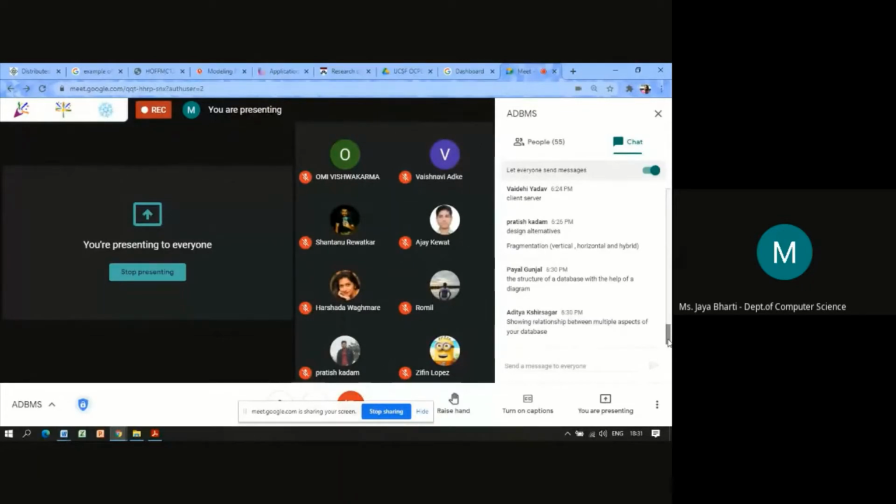So how did that diagram help you in your project? Can anyone tell? Yes, Rajat, to design the database, basically. So the ERD helps you to design the database.